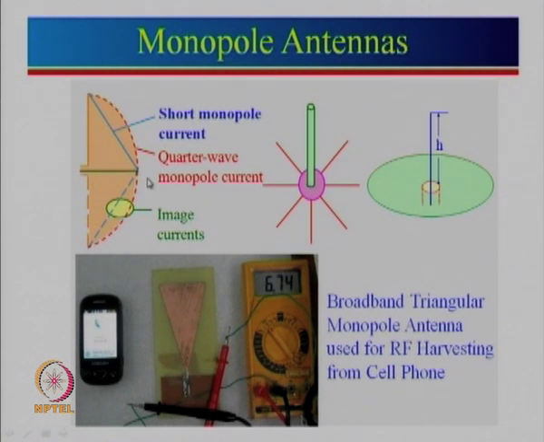Now, in practice there will never ever be an infinite ground plane. So, majority of the time we use finite ground plane. So, here is a monopole antenna and this is a circular ground plane which is used here, and this is the coaxial feed which is feeding the monopole antenna. Now, many a times this is also not possible, then what we do, we use an approximation of that. So, we actually use practically wires over here.